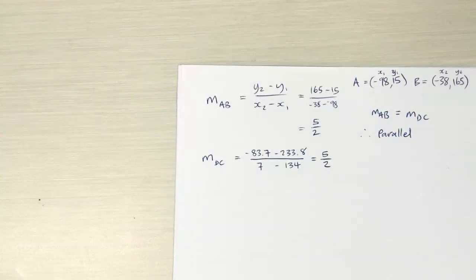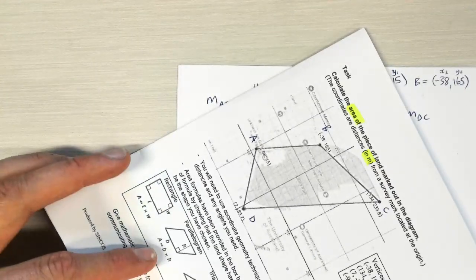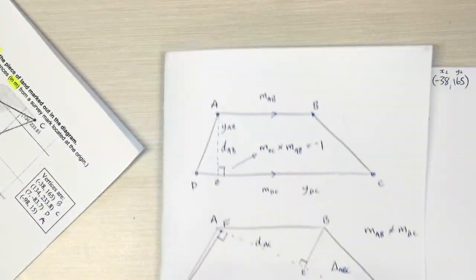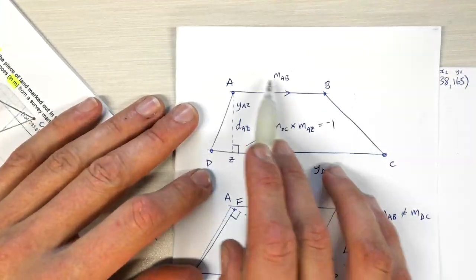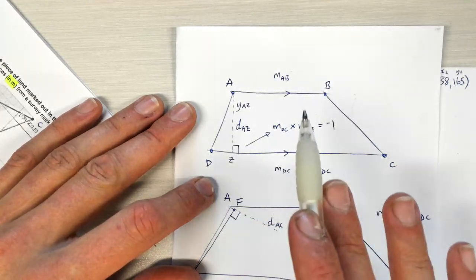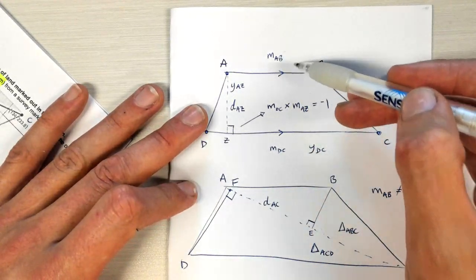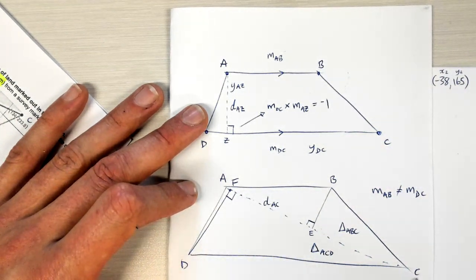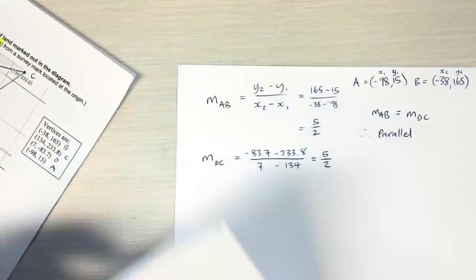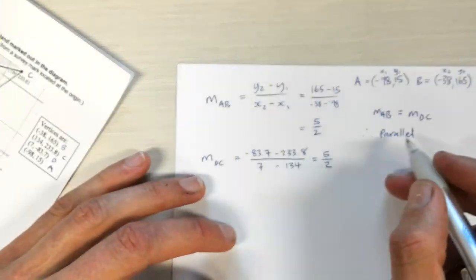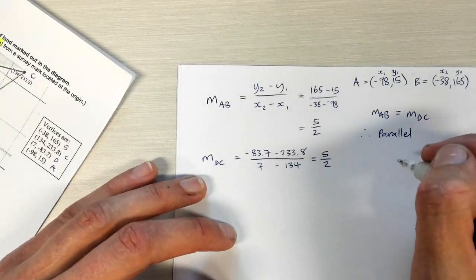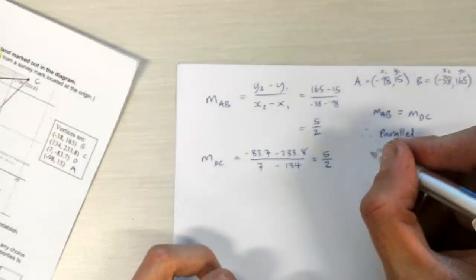Now, if they're parallel, that means that our first assumption was correct, and we can follow these steps to work out the area of a trapezium. If we found out that they weren't the same, we would have to settle for cutting this in two and finding the area of two triangles. Okay, so, but because they are parallel, we now know that